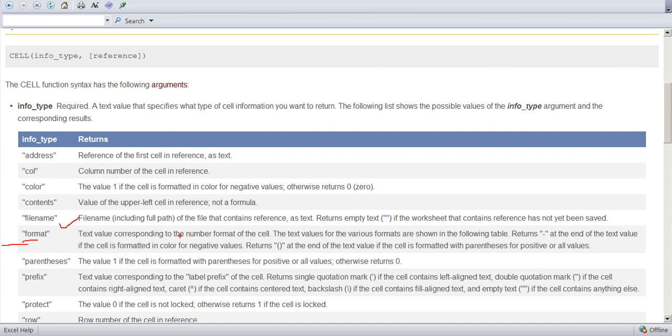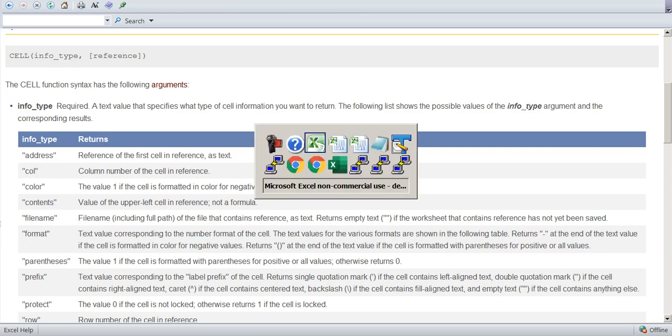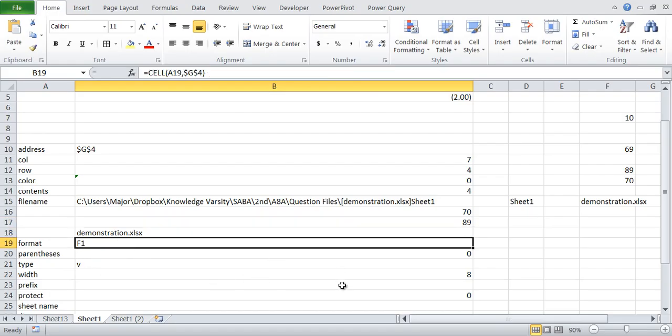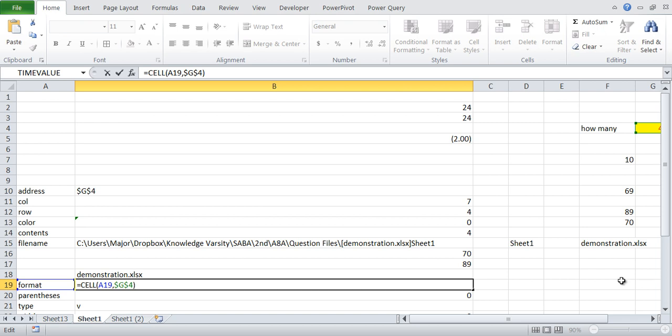Format: text value corresponding to the number format of the cell. The text values for the formats are shown in the following table. So they are saying that a minus at the end of the text value appears if the cell is formatted in color for negative values, and this at the end of the text value if the cell is formatted with parenthesis for positive or all values. So format, since we are looking at G4,